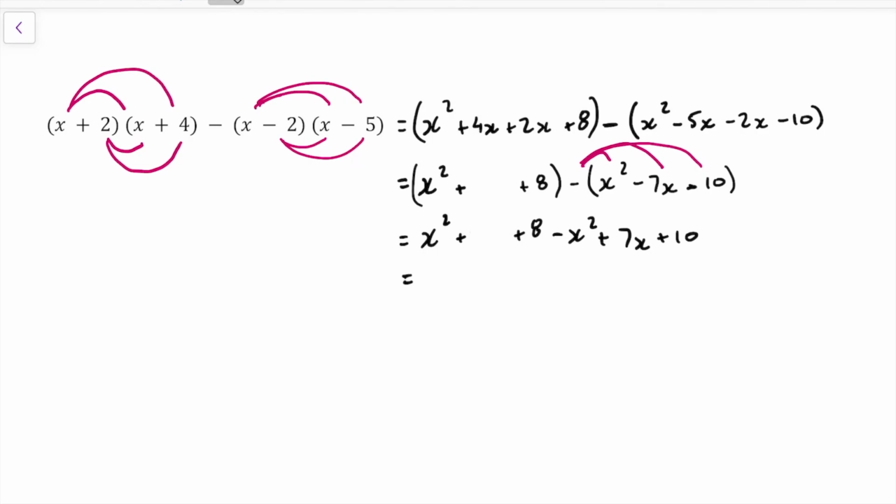Again, this is why we write out all of our working. It's a little bit sad that I've made errors twice, but anyway. We'll fix those up. So no x squares, then we're going to have 6 plus 7, that's going to be 13x. And then 8 plus 10,